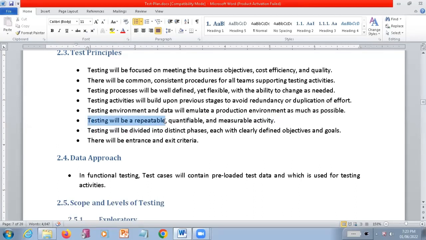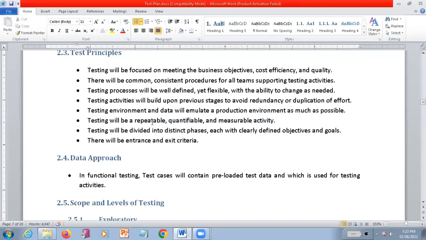So testing will be a repeatable, quantifiable and measurable activity. Everyone is going to measure what things you have tested, how many defects you have found, and how many defects the development team has fixed. So what is quantifiable?